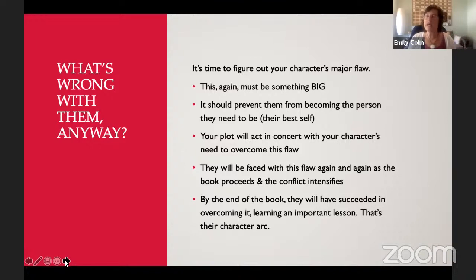Maybe they can't ever get close to anyone because their mother abandoned them when they were very small. Maybe they deal with everything with anger because that's the only example they've ever been shown. Maybe they'll never get into a relationship because their parents got divorced and they vowed they would never be in that situation. Whatever it is, whatever this flaw is, whether they can't trust, whether they won't share, whether they have